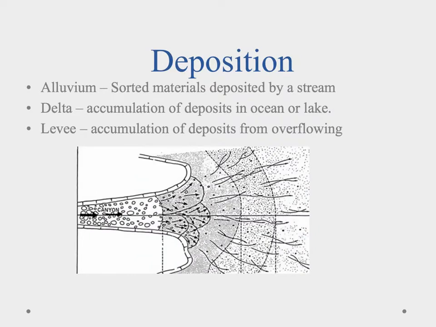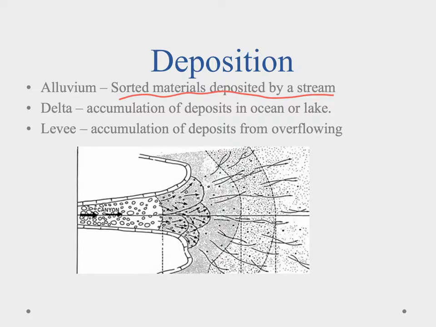Now, opposite to this carrying away stuff, we also have it putting it down, and that's what we call deposition. With deposition, we have a couple different things. The first we have is this alluvium, which is sorted materials, and it's sorted by size. As it's carrying away, when a stream slows down, the larger, heavier things are going to fall out of it